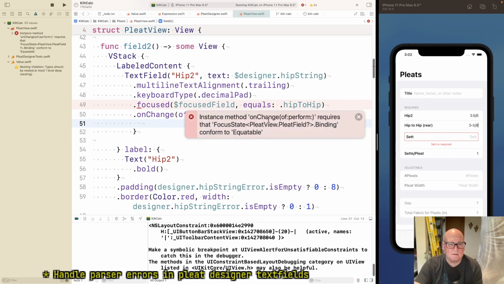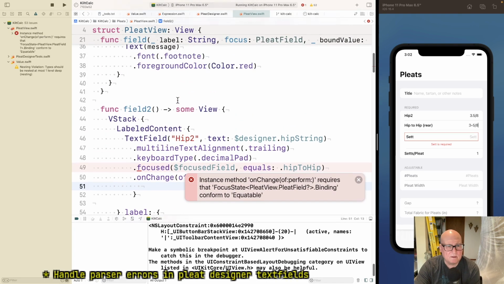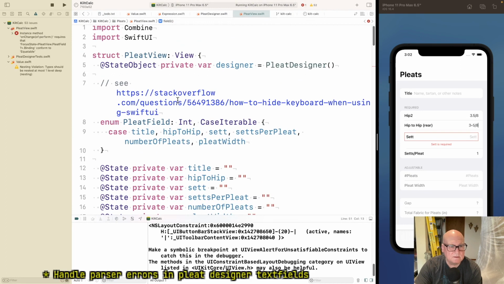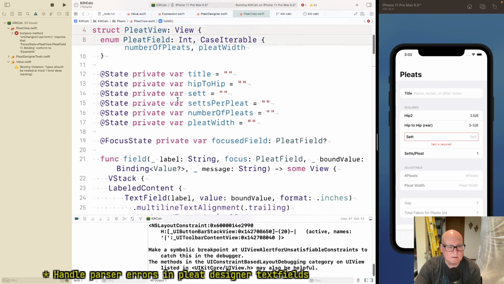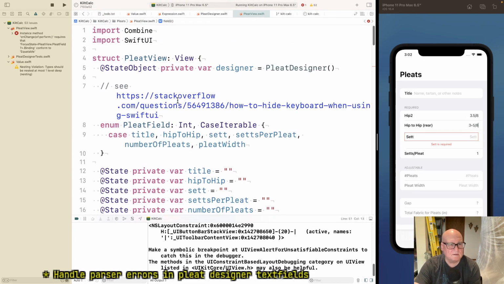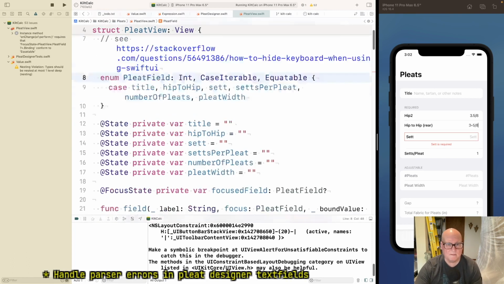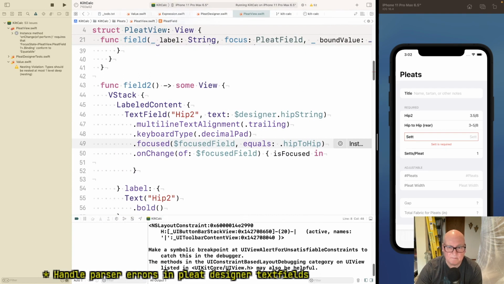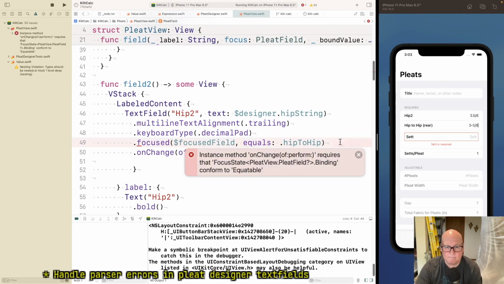Instance method onChange of perform requires focus state binding conform to equatable. Focused field. I don't know if I don't need the dollar. No. Pleat field is, okay. Of perform requires that focus state pleat field question mark.